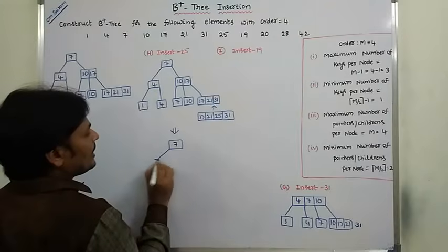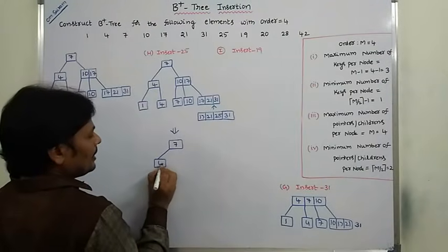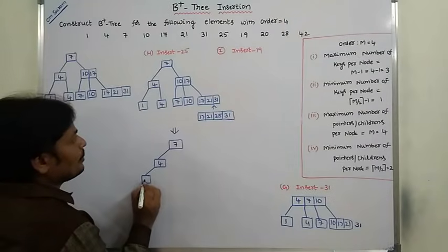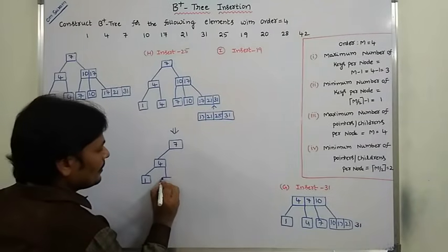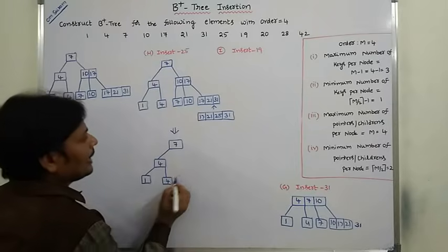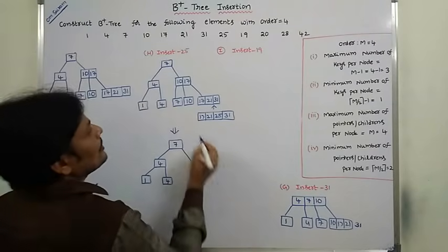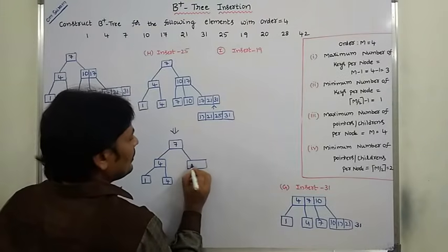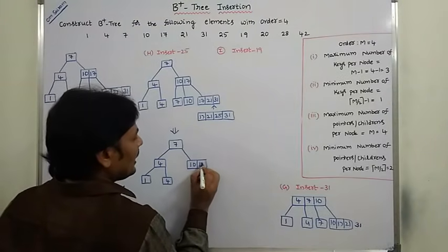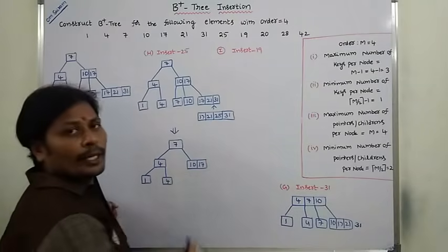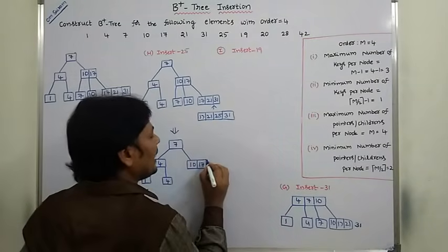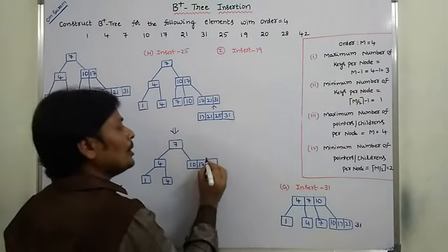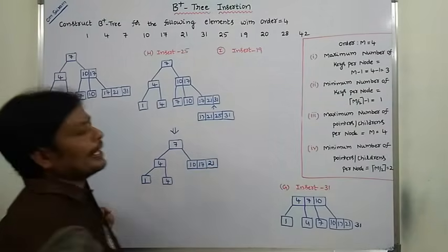7's left child is 4. There is no change in the 7 left subtree. Next, 7's right child contains 10, 17. Now adding 21, because the middle element can be taken as parent by performing the splitting operation at this node. Now 21 can be added at this node.